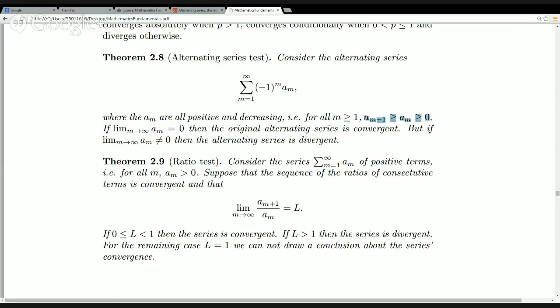So that means you're stepping up and stepping down, but we need the step size to be converging to 0. So if the step size is decreasing, and if it's converging to 0, so if the limit of a_m is equal to 0, where a_m is the step size,